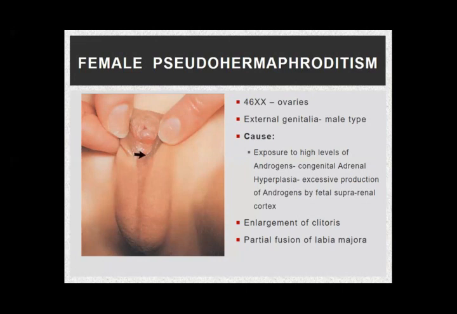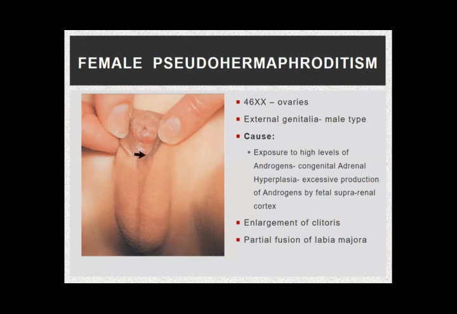The adrenal gland undergoes hyperplasia. As a result, there is excessive production of androgens by the fetal suprarenal glands. Let me explain again. It is either the mother is exposed to high levels of androgens as it is, or